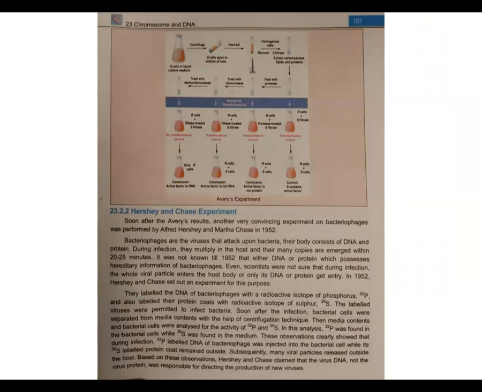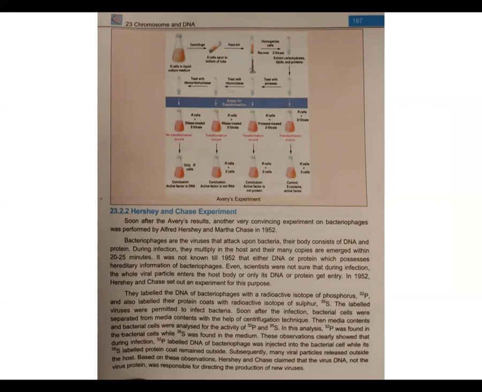So when a bacterium gets infected by a phage, number one, whether it is the DNA or protein which gets entry, and number two, whether it is the whole viral particle that gains access, or only the DNA. So this experiment was carried out in 1952, and the initial basis of this experiment was to confirm what actually transfers from one to another, which actually determines the hereditary